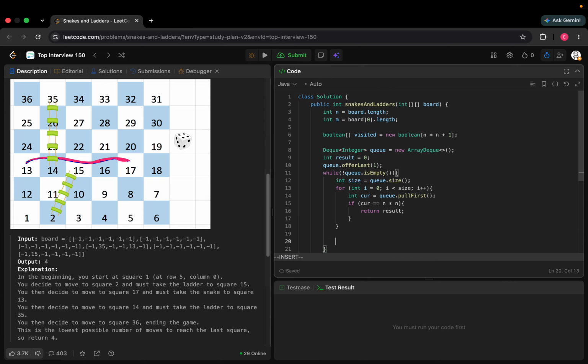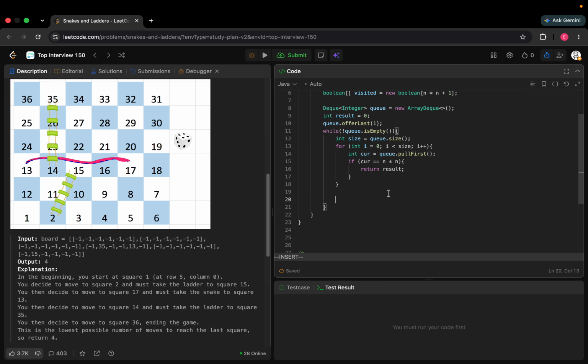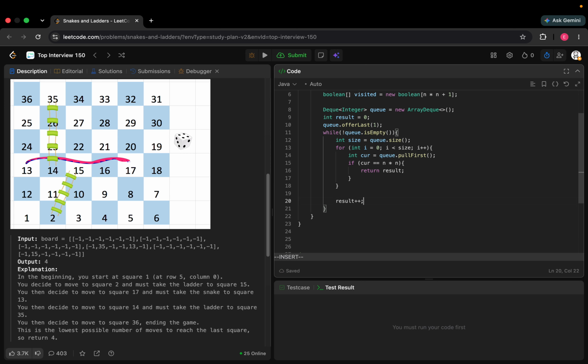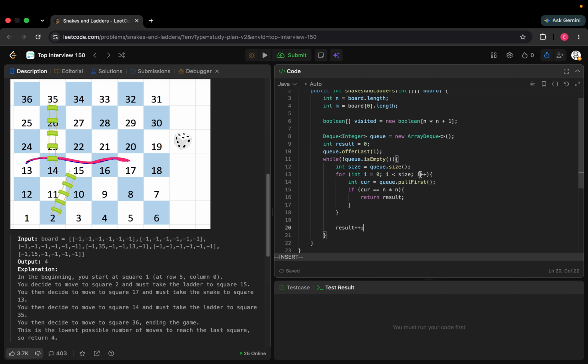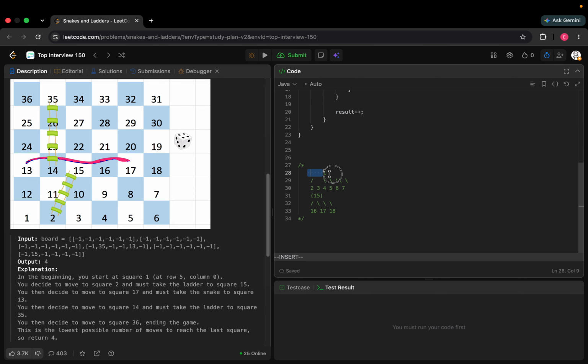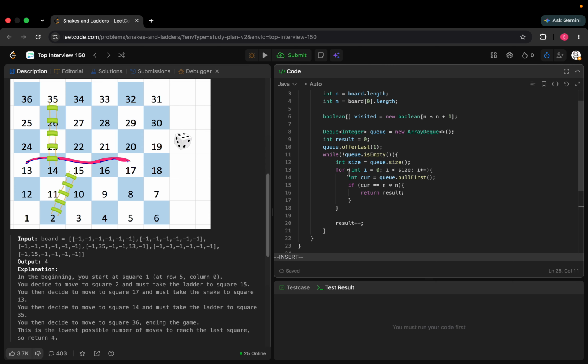So every time the while loop runs, the result is updated. Actually, this is just the result. Each level of result should be +1. This result represents the step. Every level means one step, except the first one. This one is already